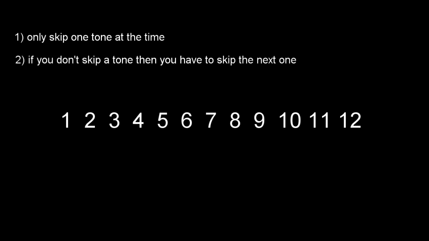If you select 7 of these 12 tones within the octave while following 2 rules, you get something which is called a tone scale. The rules are, rule number 1, you can only skip one tone at a time. And rule number 2, if you don't skip a tone, then you have to skip the next one. For example,